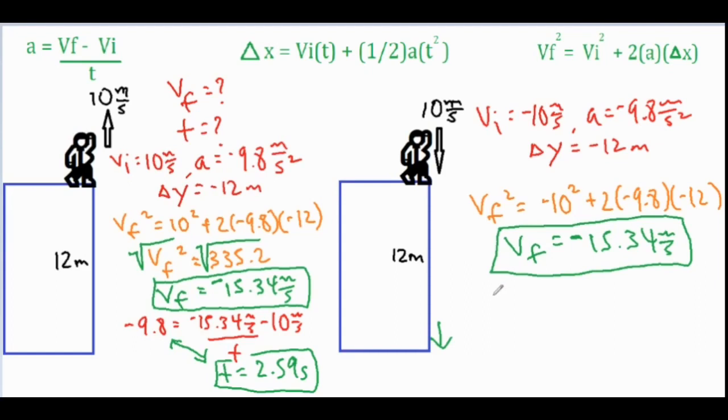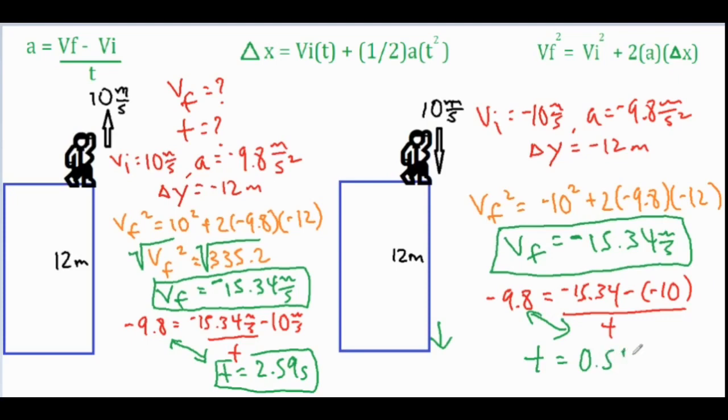Now, for the second calculation, it's going to look very, very similar. It's going to be the acceleration equals the VF minus, and this time a negative 10. So you're basically going to be adding them together, which would just give you 5.34 in the numerator divided by the negative 9.8. So once you take those two and switch them, your time is going to be 0.54 seconds,